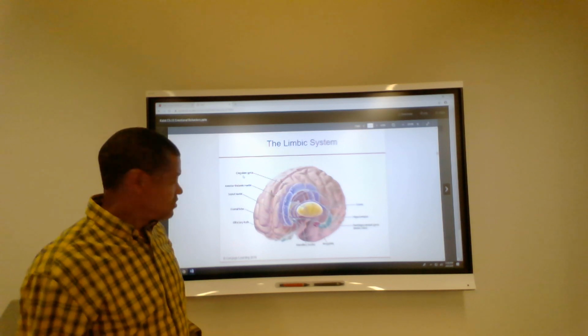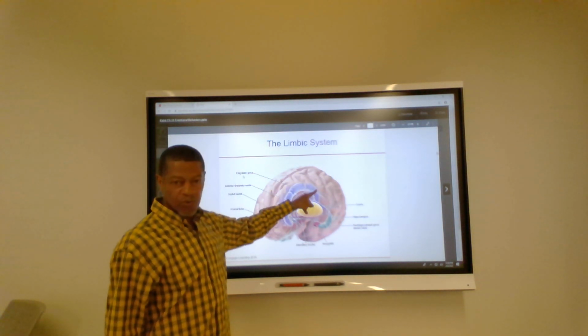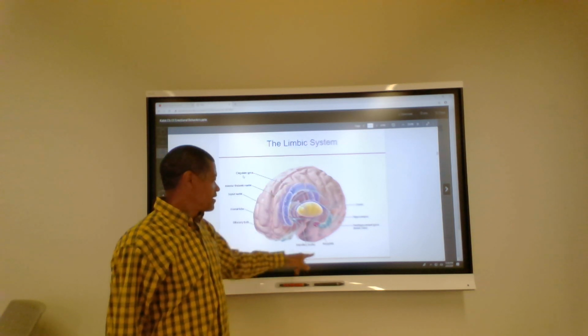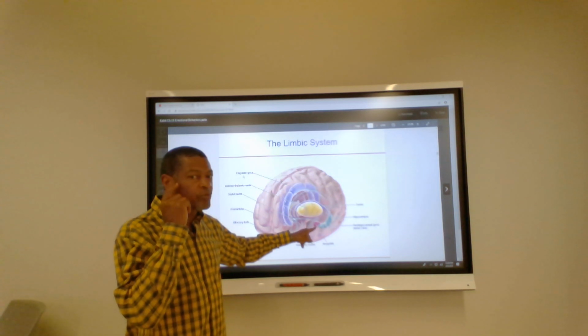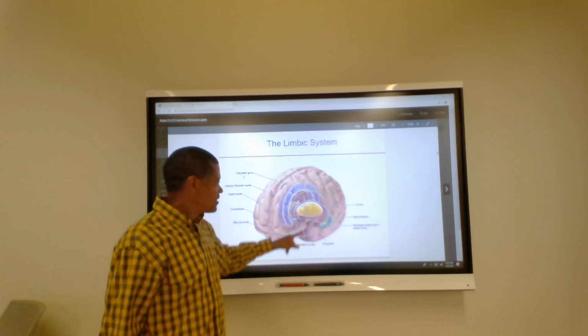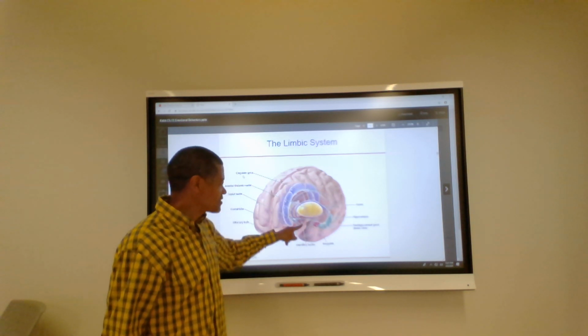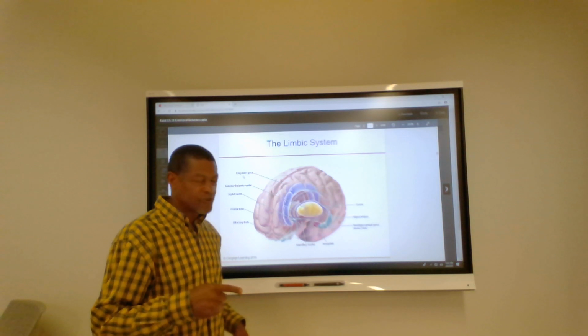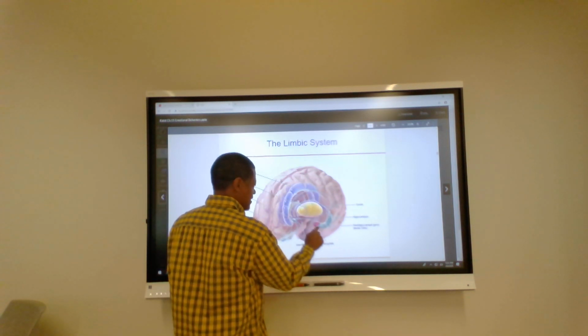So the areas I just mentioned, let's see, cingulate gyrus, this big blue area right here. Amygdala, little almond-shaped structure. And temporal lobe, right at the end of the hippocampus. You get the fornix that connects the hippocampus to the hypothalamus. So it's a reverberating circuit. Here, all the way around, cingulate gyrus, and back again.